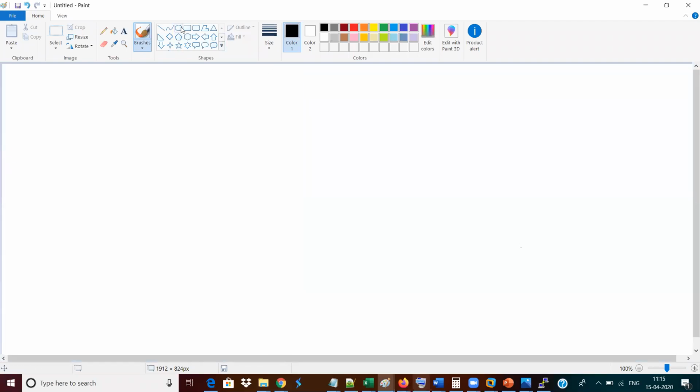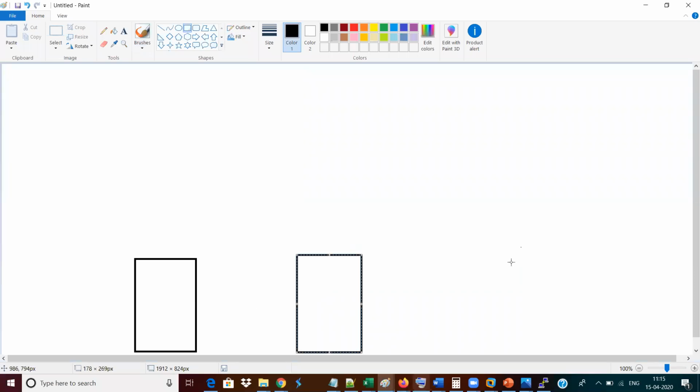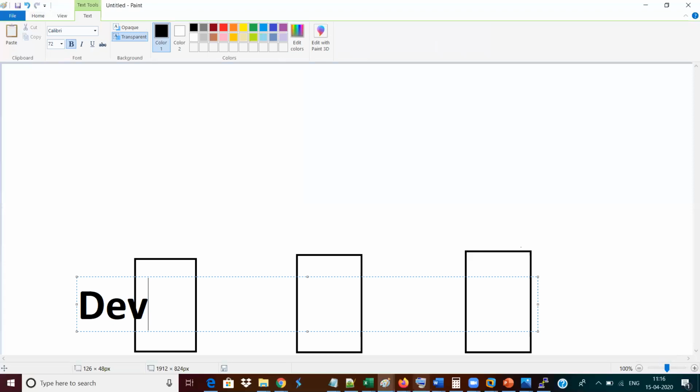Okay, so now check out, I have a local machine. This is going to be my local machine. Local machine 1, local machine 2, local machine 3. Consider these to be three developers' machines. This is my developer 1's machine, so I will put it as dev 1.